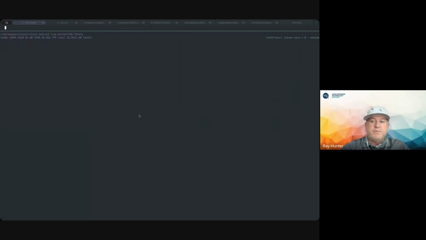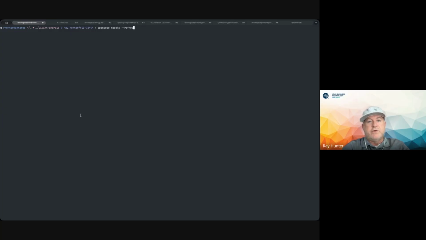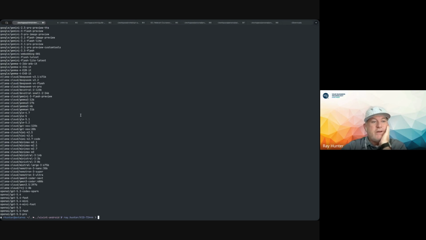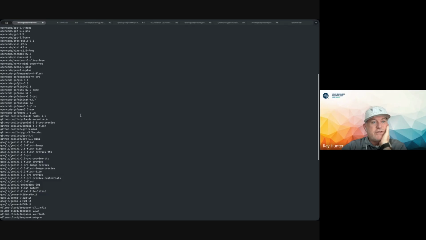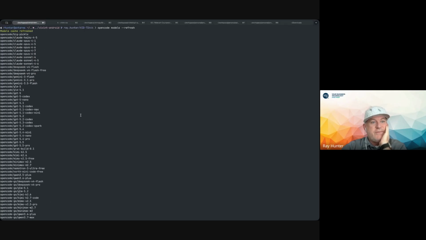This is actually, I'm actually in Pi. I don't need Pi right now. So OpenCode, and then you can do models. I was going to show you just the models that I have set up. This will go out and look at all my providers. I wanted to show you some options that you have. We don't have time to go through all of them, but we can have discussions in Slack. I wanted to give you some options that you can use in your personal.